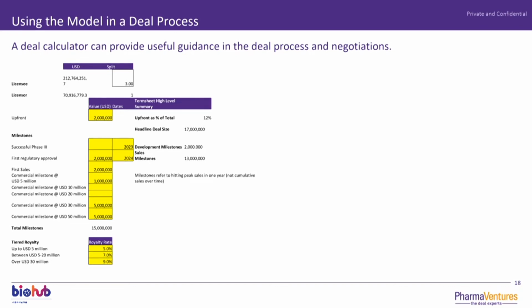But here we have an upfront of 2 million. We've put a milestone of 2 million when it gets approved, another milestone when the first sale happens, and another milestone when you get certain sales levels, and then some royalty rates you'll see tiered 5%, 7%, and 9%. And some outputs there telling you what percentage is the upfront, what the headline deal size is, and some other parameters there. And then those numbers can be changed, and you can look at the impact on the deal split,